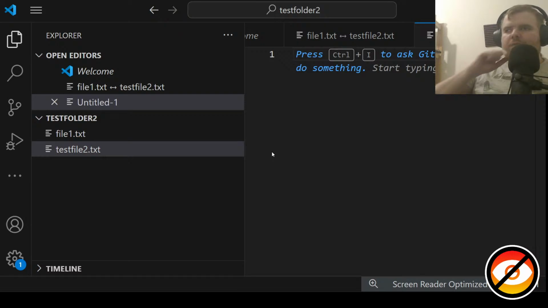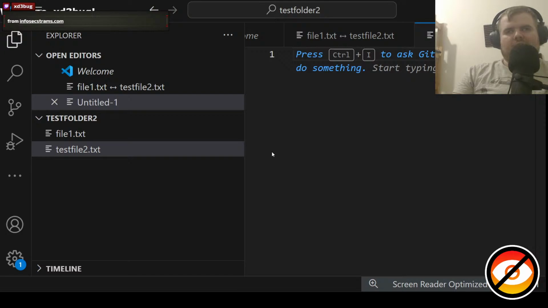What we want to do today is look at notebooks from a VS Code perspective. So that's what we're going to try to do. Now, if I am a somewhat